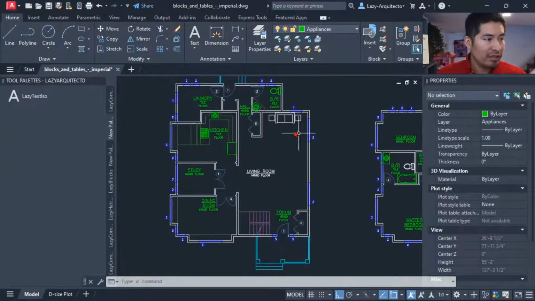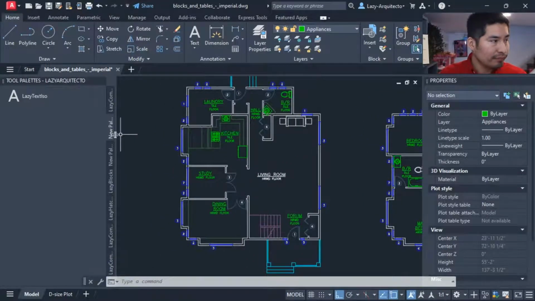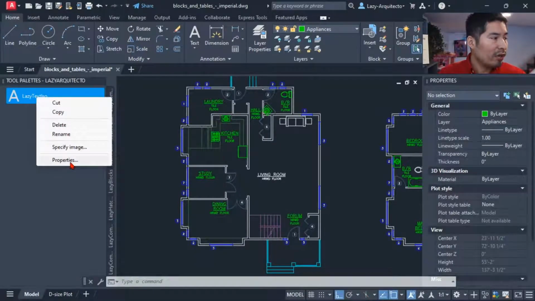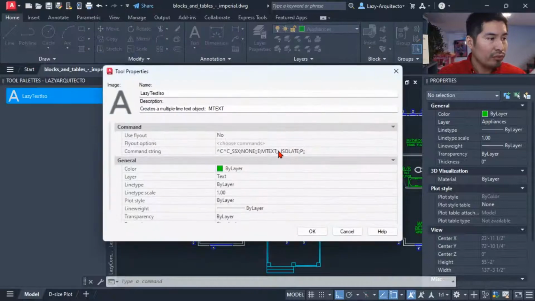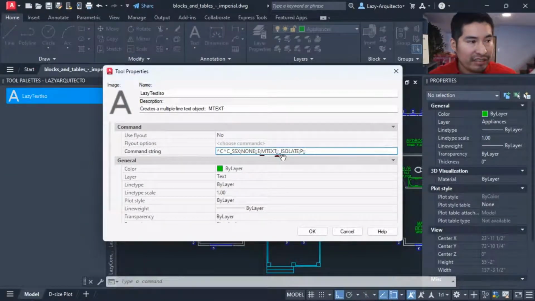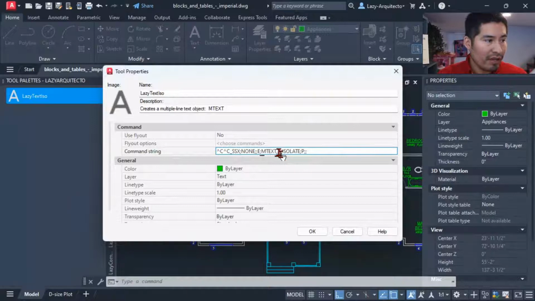So let's quickly go ahead and right click on our new command and go into properties. We can add this entity called text by simply using a comma, and then we can add this entity called text.